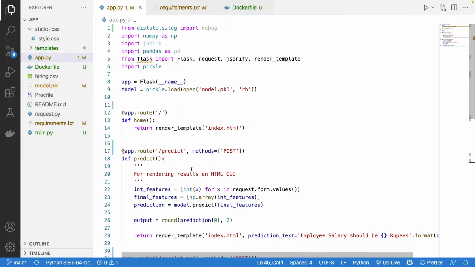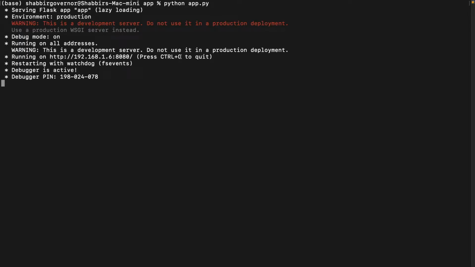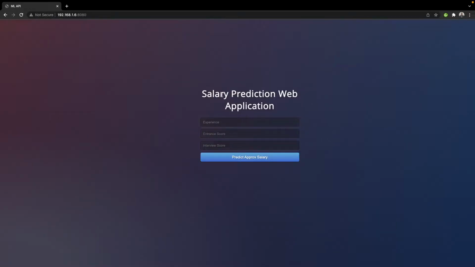Firstly, I'm going to show you the machine learning application that we had made earlier. Let me show you what this application is first. I will fire up the Flask server file. This is the Flask application that I made, and it has an HTML page. It has some fields which take in input, and it gives us a prediction. Currently this entire application is running on the local system. So what if I want to Dockerize this entire application? We will see how you can do it in this video.